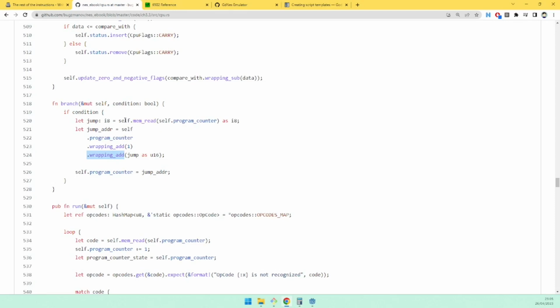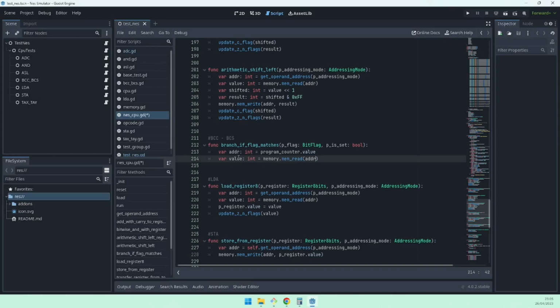So yes, he's reading directly from the program counter, so that looks correct. So jump, let's call it jump instead of memory address, and